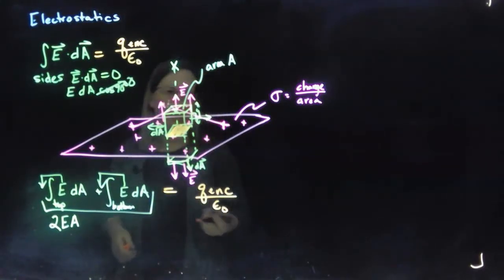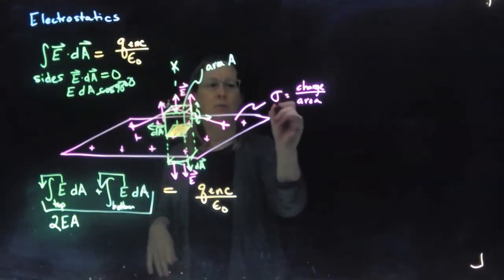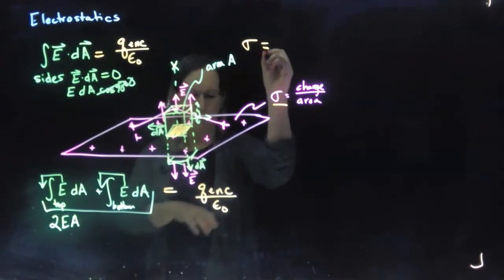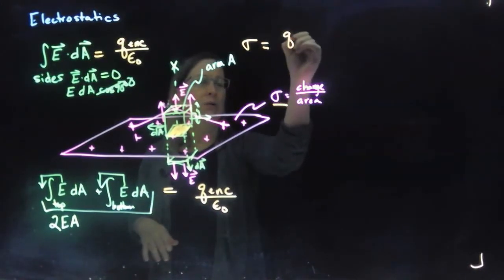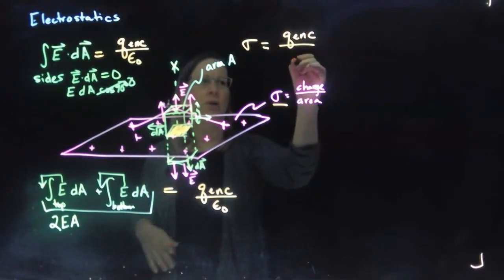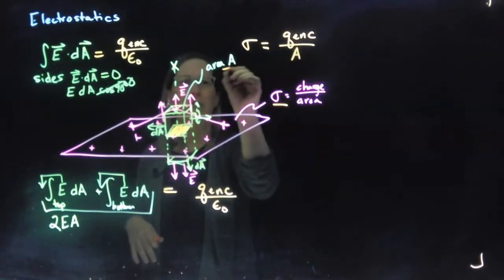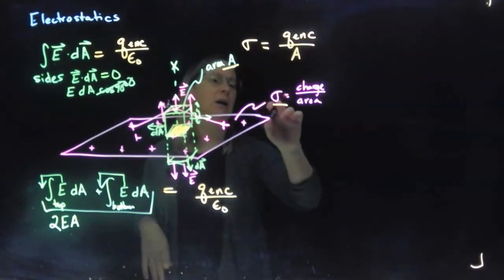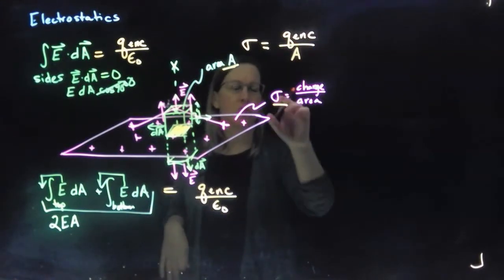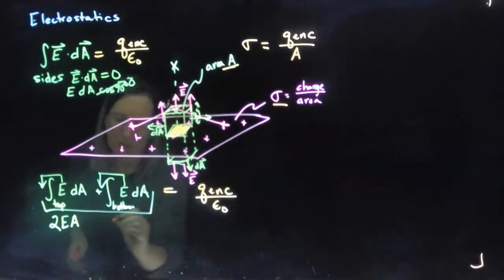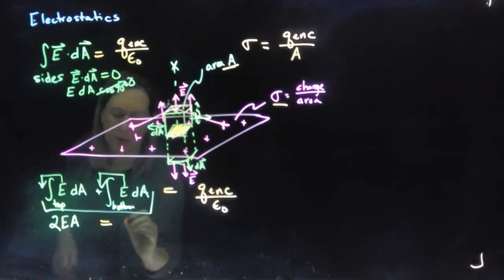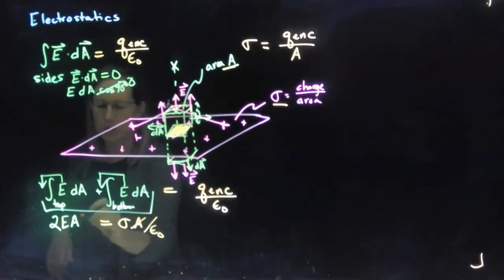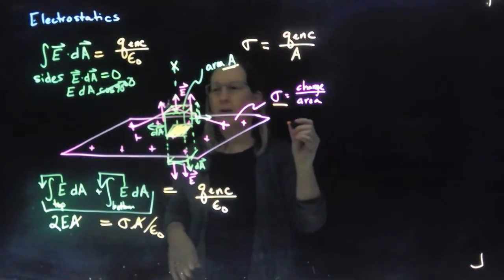So the charge enclosed, if we use our density, which is charge per area, we can say our charge per area would be the Q enclosed over the area that's enclosed. Well, that area is the same as this area right here. And so Q enclosed is just sigma times this area, this charge per area times an area. So that is just equal to sigma A over epsilon naught. The A's go away, and we get that the electric field